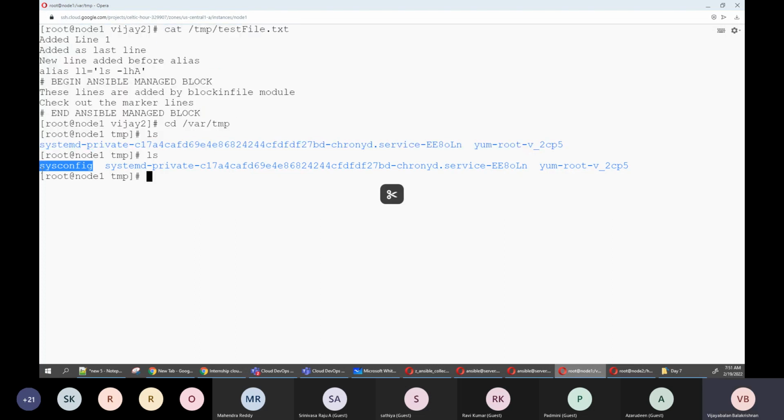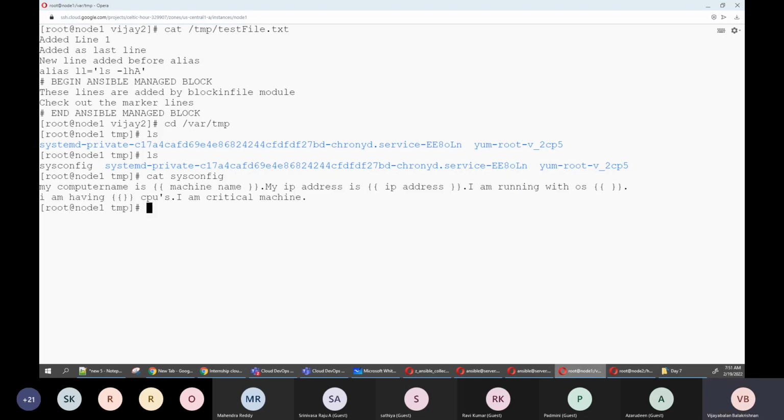So the playbook worked, but if we look at the sysconfig file, nothing has changed. So now you tell me, how do we achieve this? Any person, any idea?